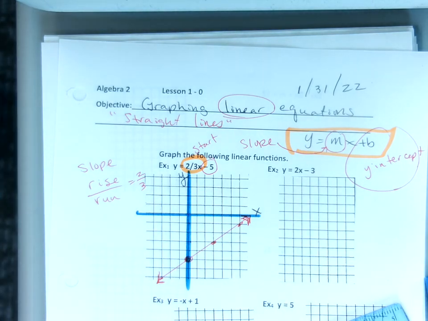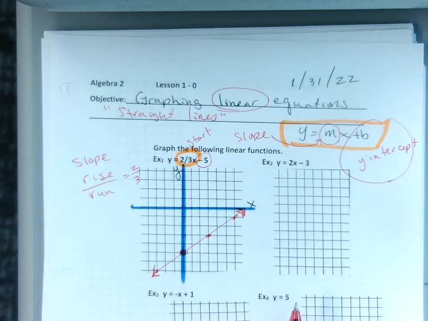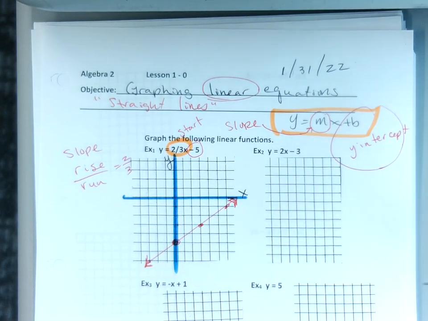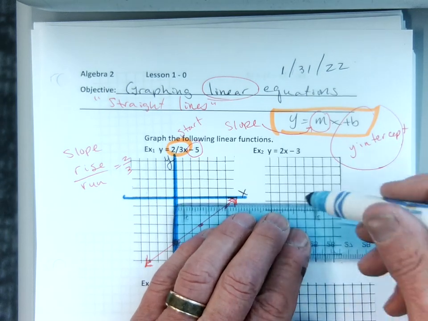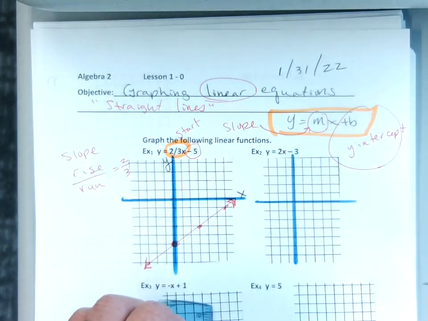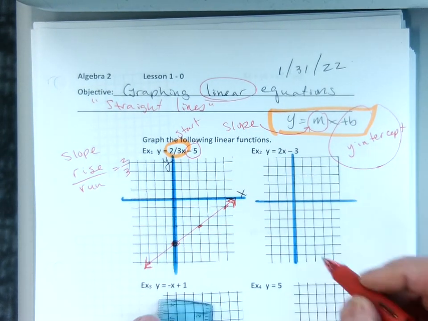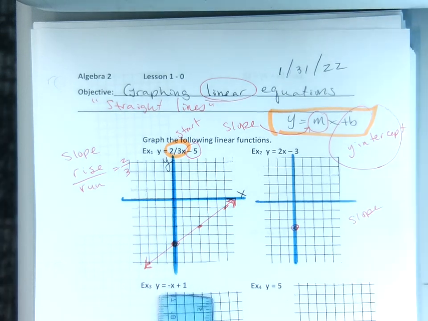I don't mind. Okay. How about number 2? I want to graph number 2. I know where to start, don't I? Where am I going to start? -3. So let me put in my x and my y-axis. Okay. So I'm going to go down to -3 on the y-intercept. And then